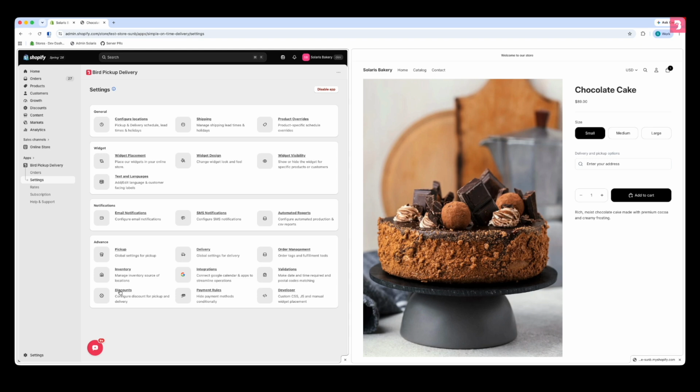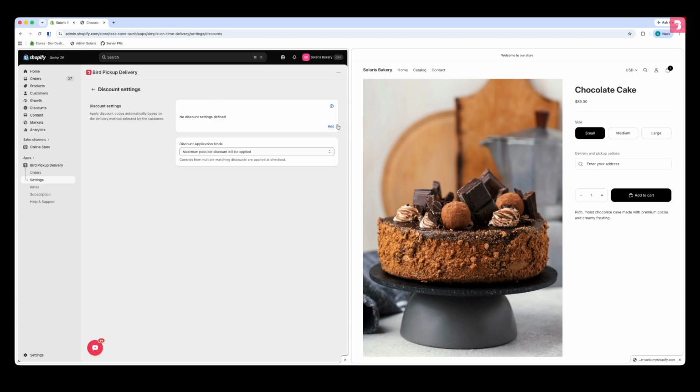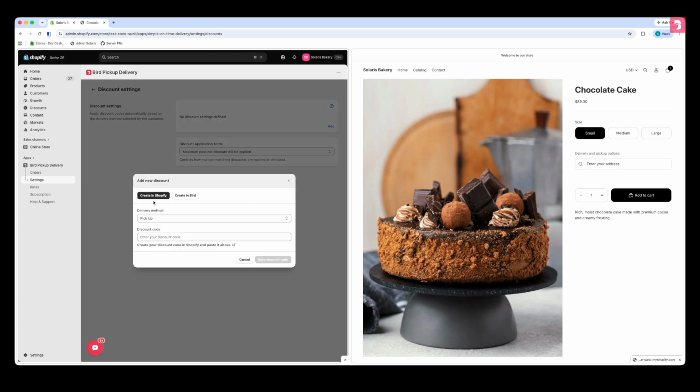Now, in Settings, click on Discounts, then click Add, and this modal opens. There are two ways to add a discount. The first is creating a discount from the Shopify admin, and the second is creating the entire discount right from